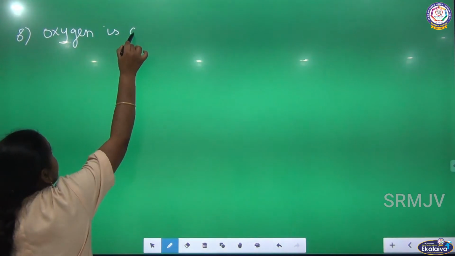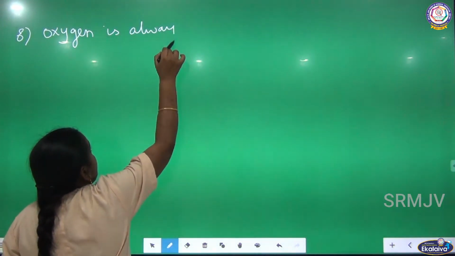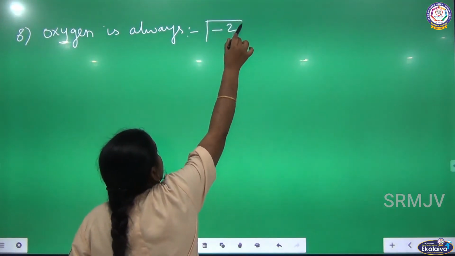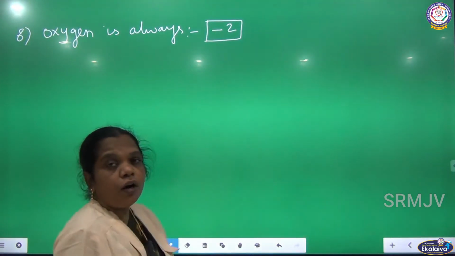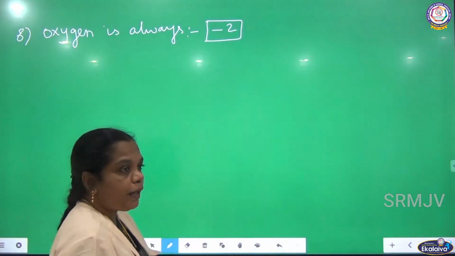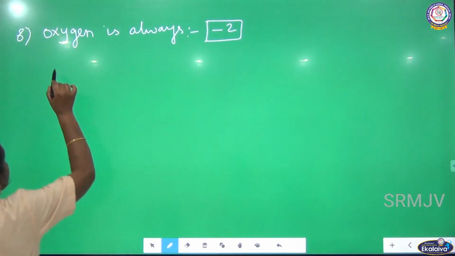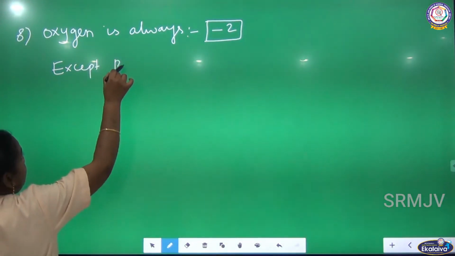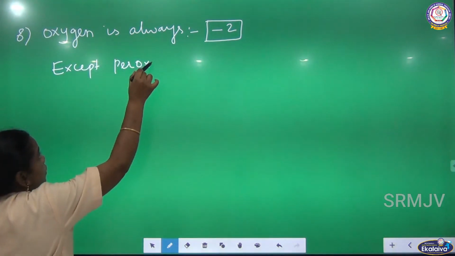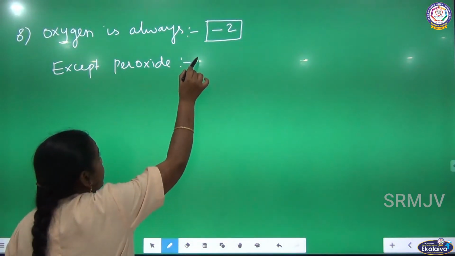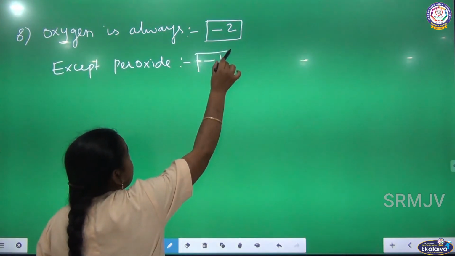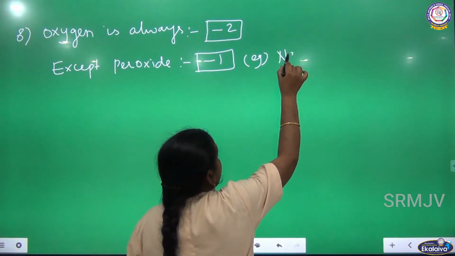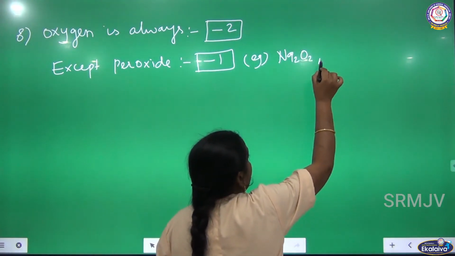Oxygen is always -2 oxidation, except in peroxide and superoxide. In peroxide it is -1 oxidation. Example, you can see Na2O2 and